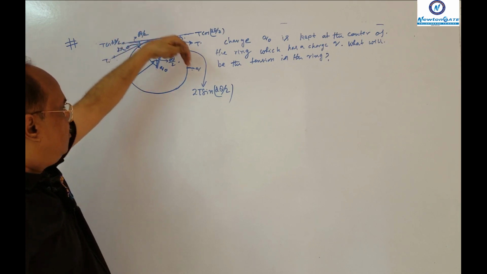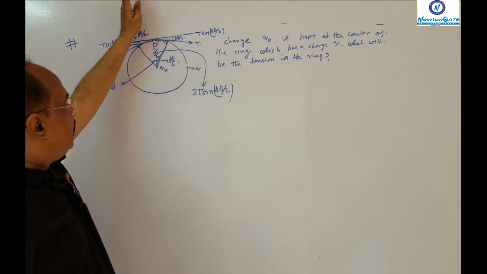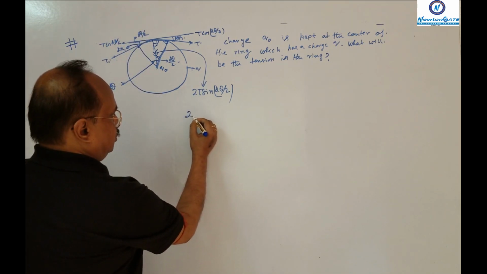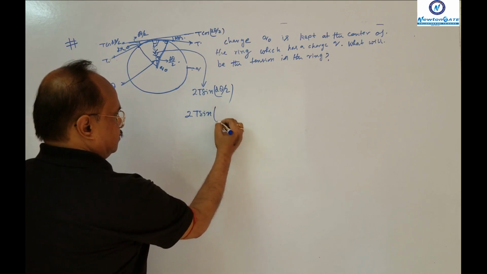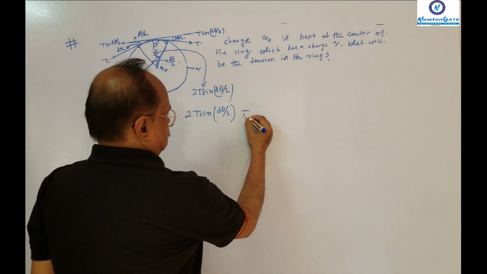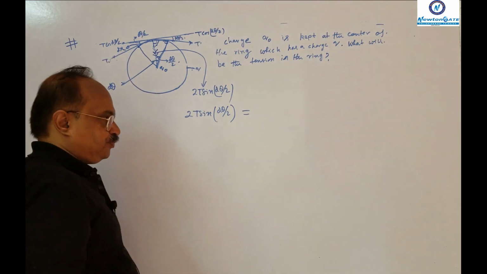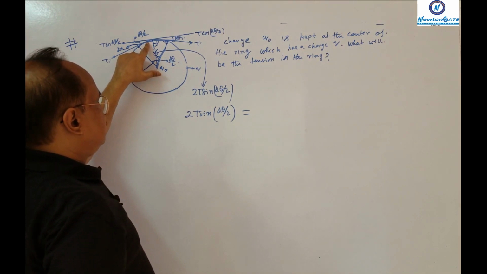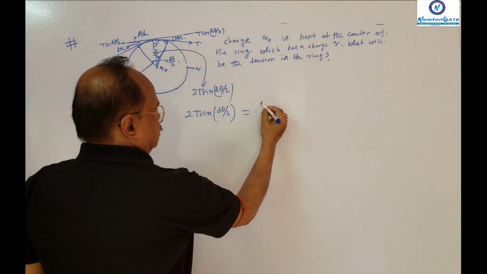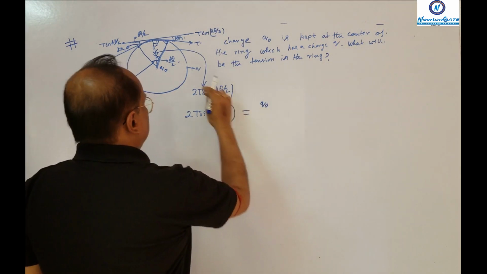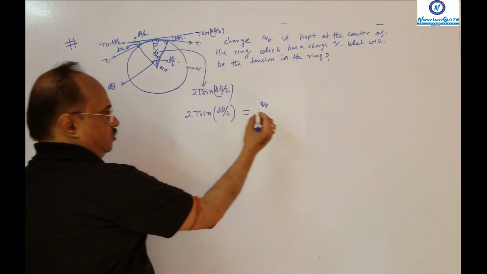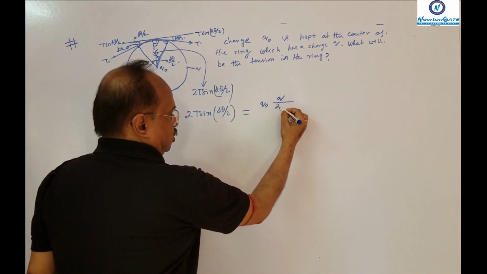That means this force and this repulsive force will balance each other. So balance each other means 2T sin(dθ/2) will be equal to the force of attraction between this element and this charge. That means we will apply Coulomb's law, that is Q naught into the charge distribution. If I distribute this charge throughout this circumference, it will be Q by 2πr